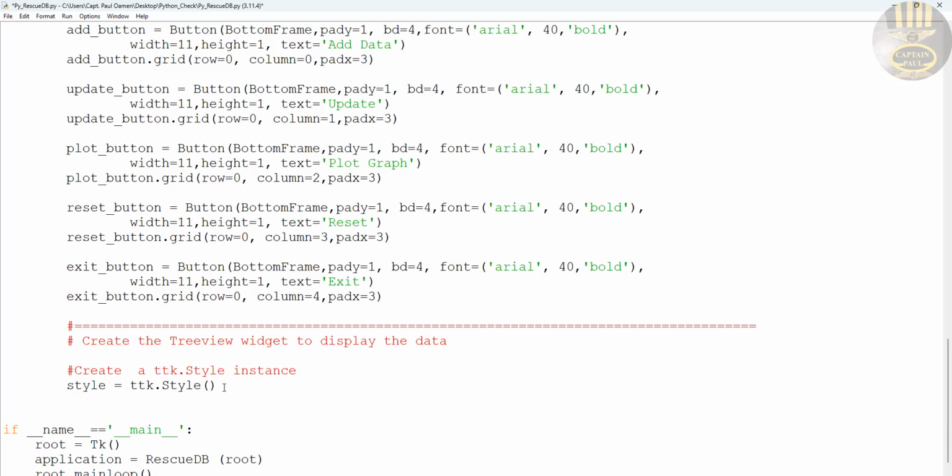Now, this style that I've just created, the next thing is I'm going to use this style to increase the font, like I said earlier, and I will also add headings and so on. So let's come right in here, and I'm just going to say style dot configure,